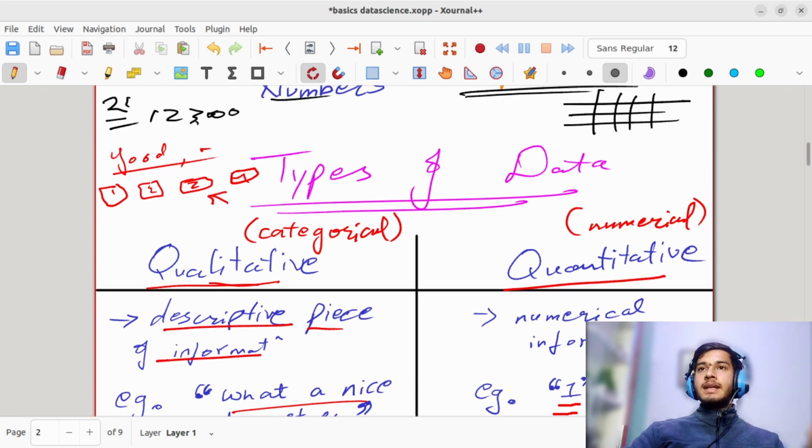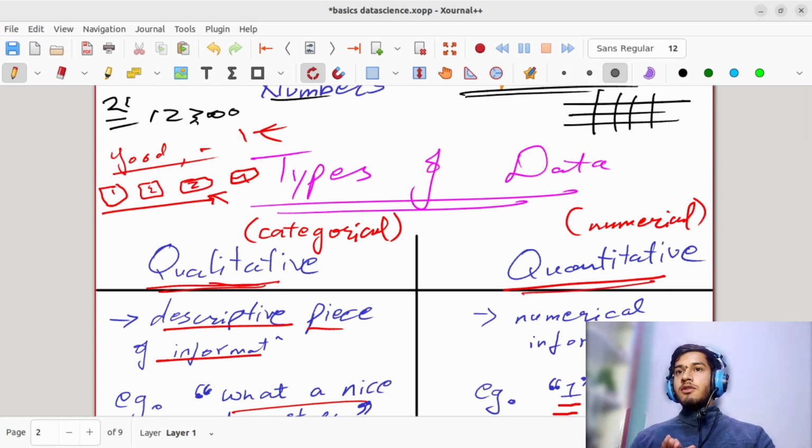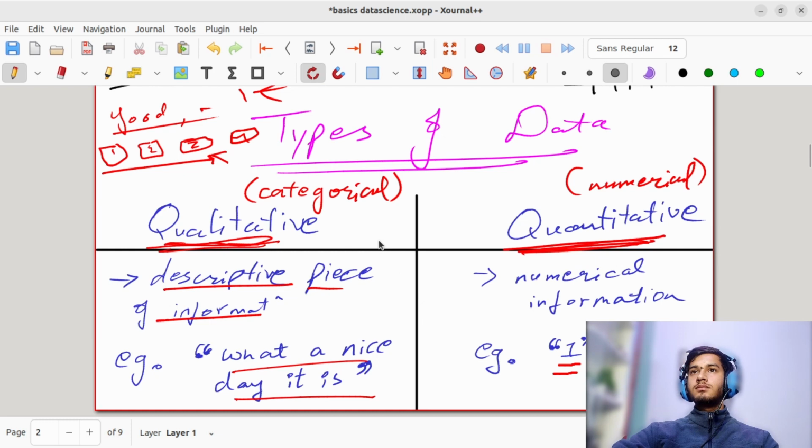The techniques that you will be using to deal with this data will be different from the techniques you will be using to deal with that data. You got that? So why do we have to understand whether the data is qualitative or quantitative? Because of the techniques that we'll be using to process the data coming in, so we can take informed decisions and insights from that data. Once we figure that out, we can move to the next step and perform the techniques, the tools that we have.